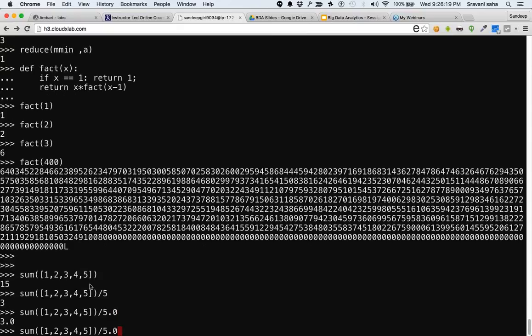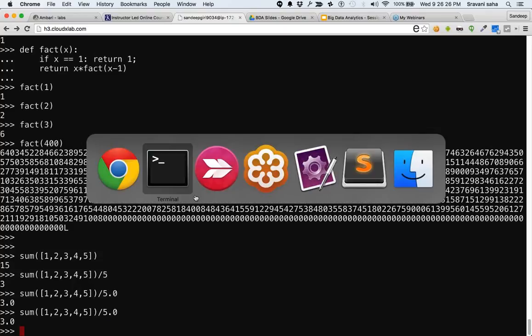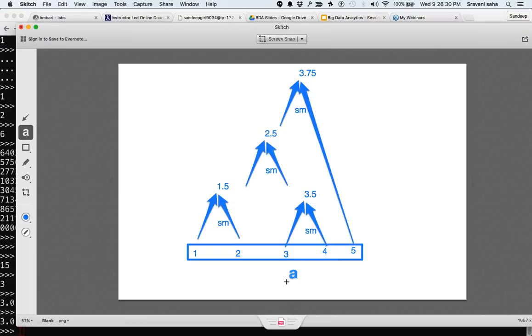And please note that it's giving 3.0. And why is it giving 3.0? Yeah, it is 3 only. So the average is supposed to be 3, but here, as per our computation, it is wrong, right? This is wrong